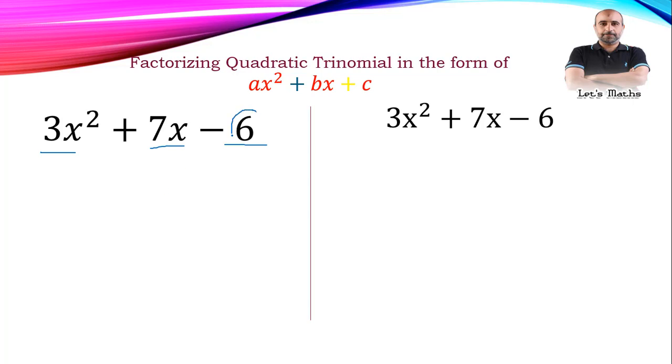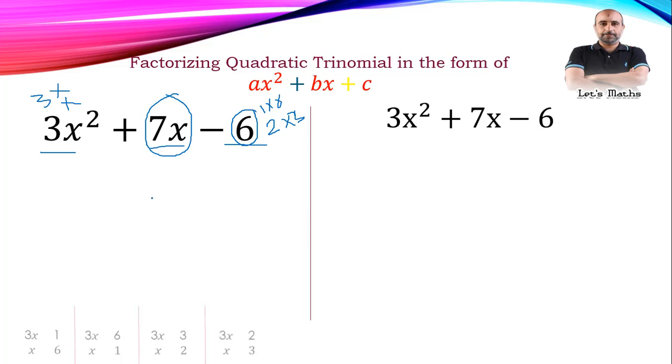First, we need to factorize 6. 1 times 6, 2 times 3. Two cases. And we need to factorize the first term, which is 3x times x. And now we want to find any probability to find the required, which is the middle term. There are 4 probabilities. 3x, x, that is the factorizing of the first term, and 1 with 6, 6 with 1, 3 with 2,